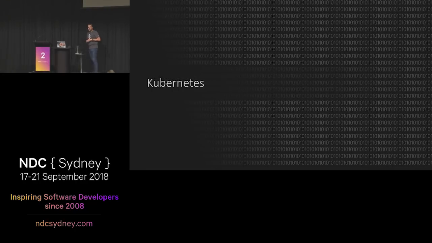next thing that we might want to do is actually get this container running somewhere else. And something that's quite popular these days to do that is Kubernetes. How many people here have used Kubernetes? Cool. So Kubernetes is what we call an orchestrator. You build your containers somewhere else, then you provide them to Kubernetes, and you basically tell Kubernetes how you want your containers to run. You tell Kubernetes what sort of networking you want, how many of your containers you want to run, how they want to be load balanced,